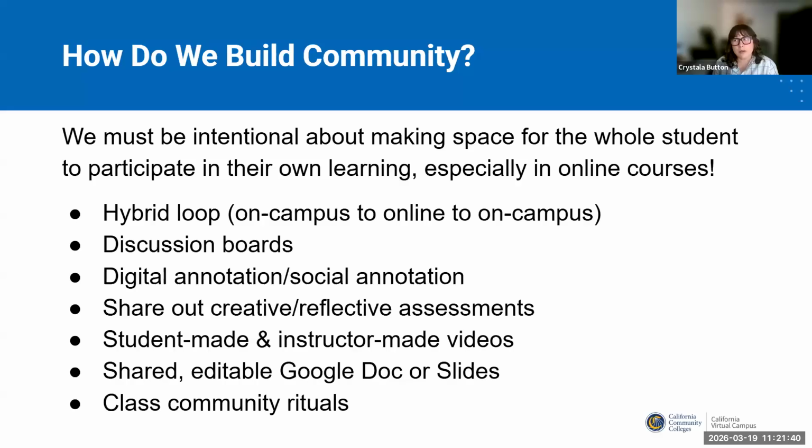What we can build in our own courses, if you're teaching a hybrid course or high flex course, think about that on-campus to online, back to on-campus loop. How are you closing that loop? How are you creating transparency around participation expectations? When things are made really clear to students, they can start to build community because those boundaries have been made clear. They can get creative within those boundaries and start to reach out, talk to each other, talk to you,